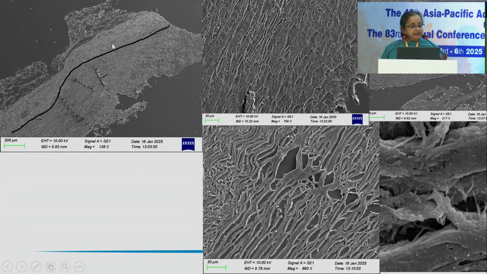Now you see a distinct distinction between the two zones here. You can actually see a not so clear but a subtle line of demarcation between your juxtacanalicular and your corneoscleral and the other parts of the meshwork. You can see that here the meshwork is really compact, whereas here the spaces seem to be more. This is in low magnification, but just to show that the spaces are more in the corneoscleral meshwork. So we could see the demarcation, and it is now highlighted here.